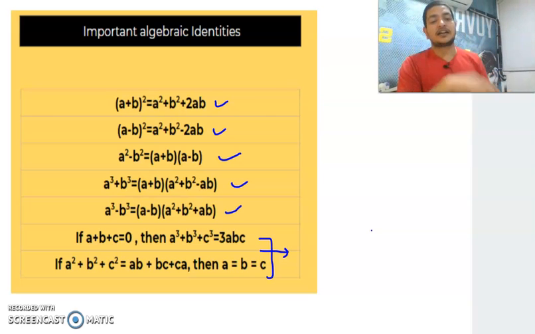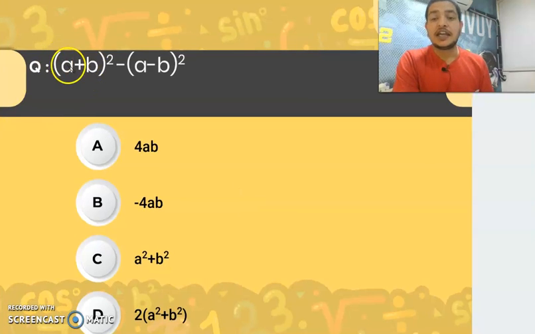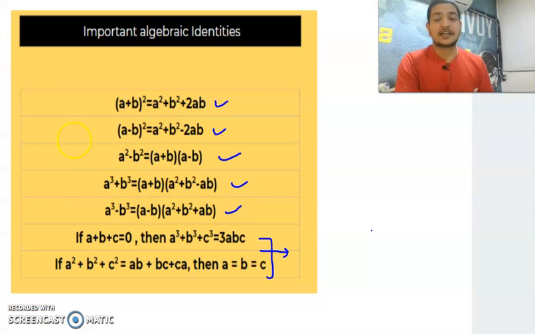So let's start with the first question. First question is nothing but what? (a plus b) whole square minus (a minus b) whole square. Let's go with the algebraic identities formula. (a plus b) whole square, we all know this one. (a minus b) whole square, we all know this one. So if we are adding this one,